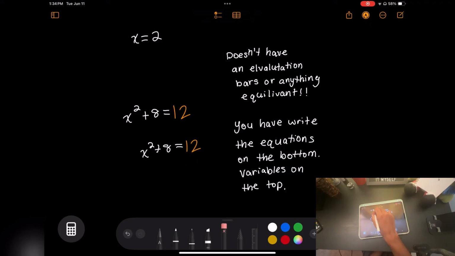And of course now, since the variable is on the top, if you were to change it to a 3 or anything else, then it will give you a new answer, the right answer, right? So those are 2 things that I have found that I haven't seen anyone talking about. The fact that you have to write the variable on top and the equation on the bottom if you want to use it, and that it doesn't have any evaluation bars,